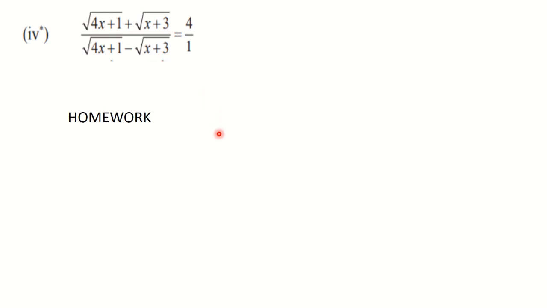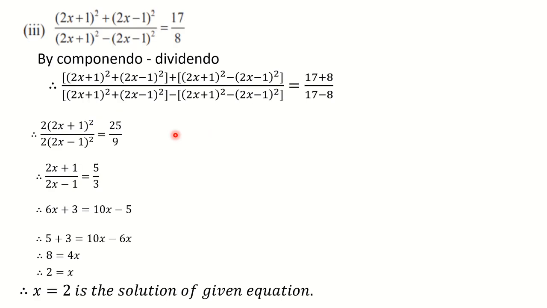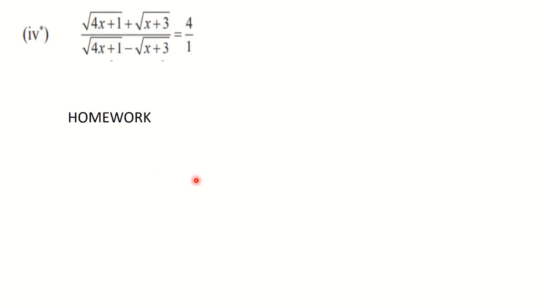Only instead of taking square root, you are going to square both the sides. That is the difference. Okay, here. See, here we have taken square root, but here at this particular step you are going to square it. Otherwise the steps are similar. You are going to go for componendo dividendo, then you will get this step, but at this stage instead of squares you will get square roots. So here you have to square both the sides. Okay, same type of solved example we have done. I have explained you. So you solve it by yourself.